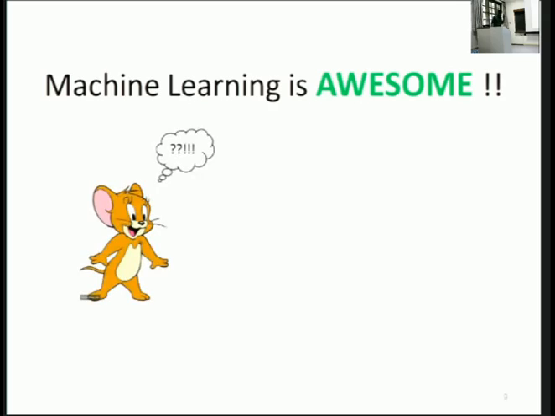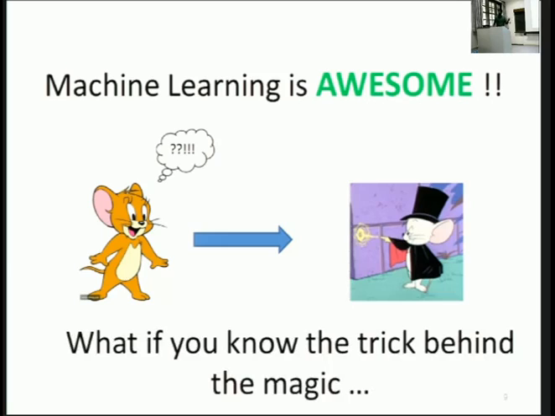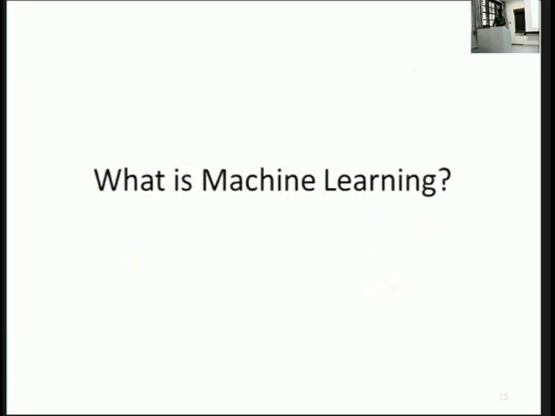Rather than looking at an application like Cortana and wondering, oh, how is this done, and just saying that it's awesome, why can't you be the magician behind it? Why can't you be the person behind the computer writing the code that will do this magic? This magic we call machine learning. So that's pretty much why you should do machine learning.